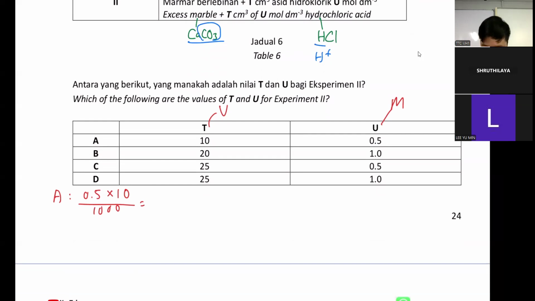This one takes a lot of time. 0.005. Actually, in calculation, in shortcut, in exam, no need to do so long. But I tell you because I have to tell you from the start. If not, you won't understand what's happening. So 0.005 mole. Then divided by 2 for ratio, you will get